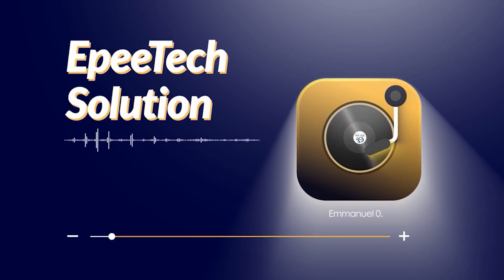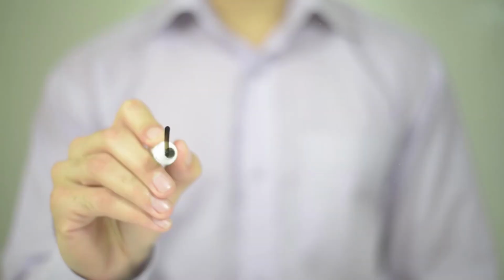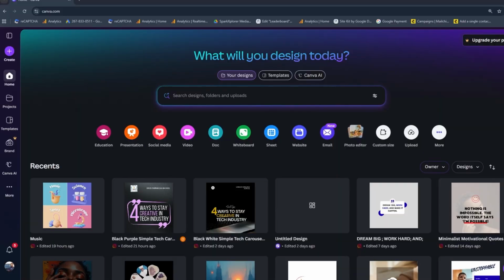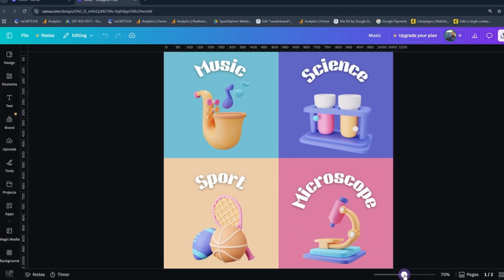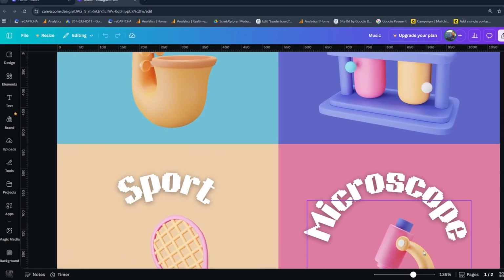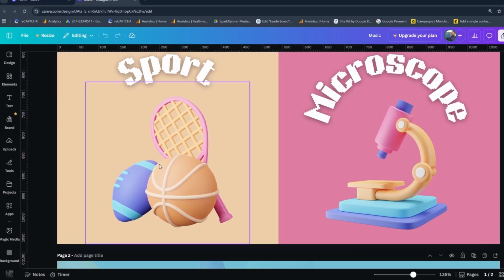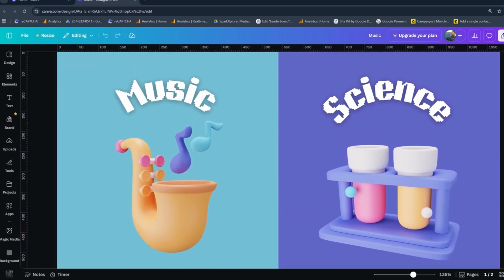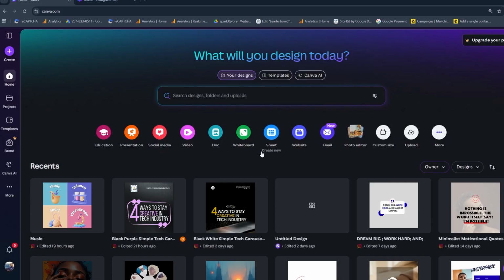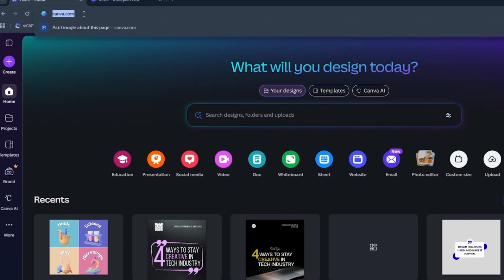So on today's video, we're going to try to create a graphic on Canva, starting from scratch. And as you can see here, this is going to be what we're going to be creating on Canva. I believe you can all see how it looks. These are images. We have a text here, and we have this shape. So let's get into it. So first thing first, the moment you access your canva.com,